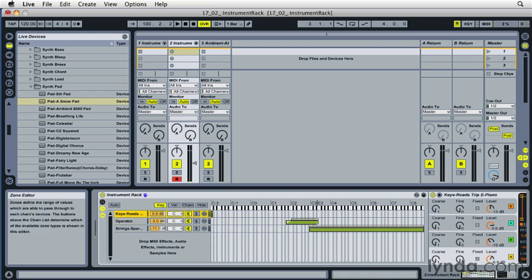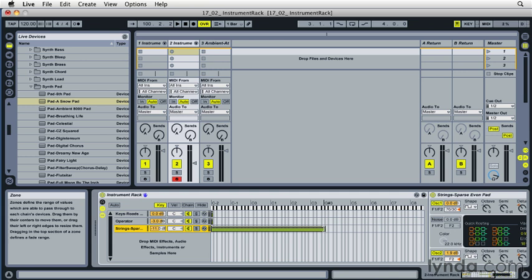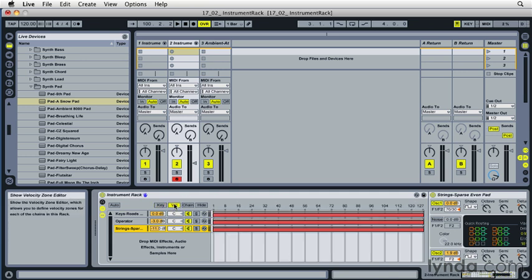Okay, let me make those all back over here. We need to drag that. This way we can go on and check out the velocity settings. A similar area is this velocity zone editor. Now I can set what patches are triggered out of these 3 sounds here by how hard I hit the